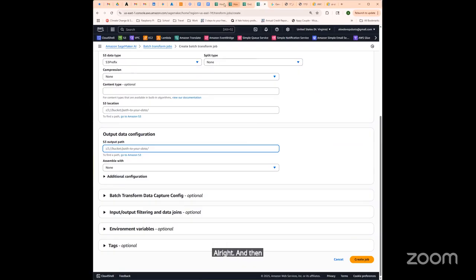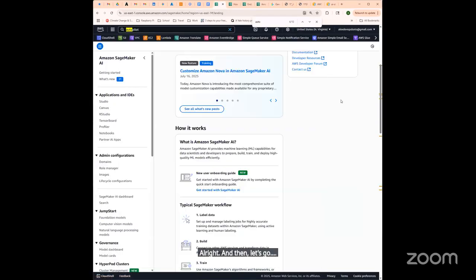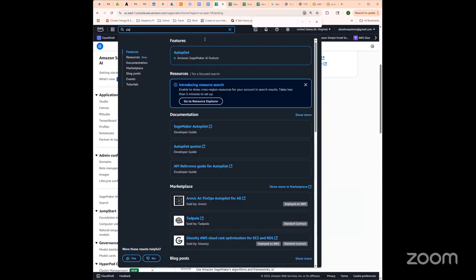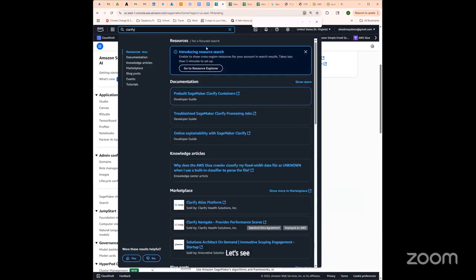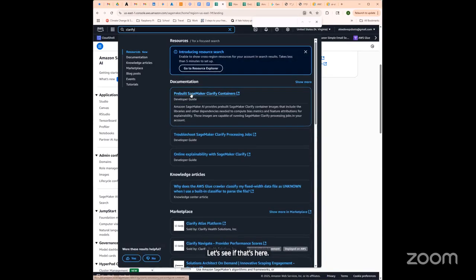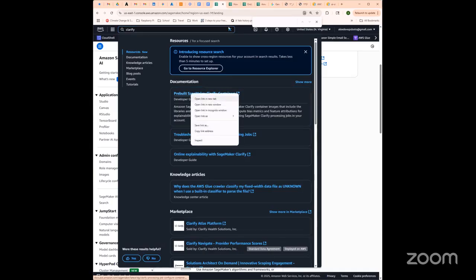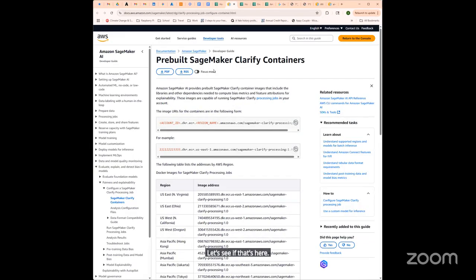And then let's go. All right, let's see if that's here. Clarify container images. This is what I was looking for.